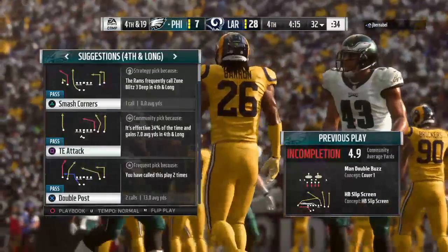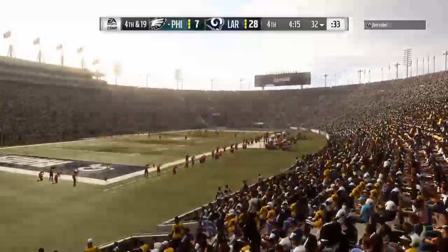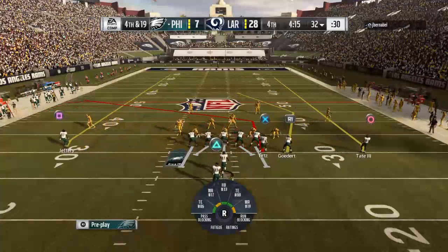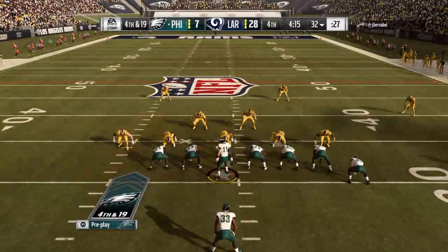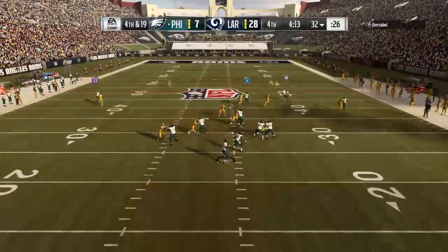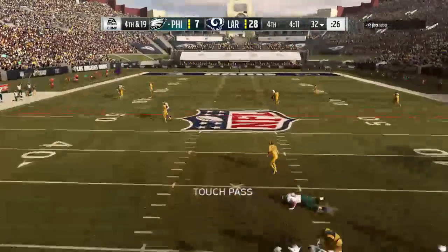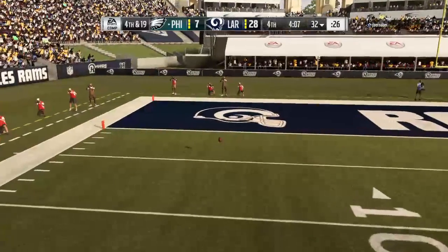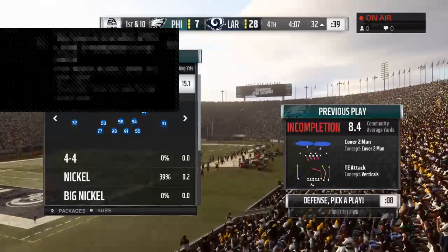Anytime a defense can sit back in a zone like that, it tends to create a lot of congestion in the middle of the field. Makes it very hard to slot one in. Looked like I-4 at rush hour in your hometown of Orlando, Florida. An absolute mess. Here's Wentz to throw. Going up top. And they will not be able to hook up there. It's incomplete. Position. And the Rams now coming out on the